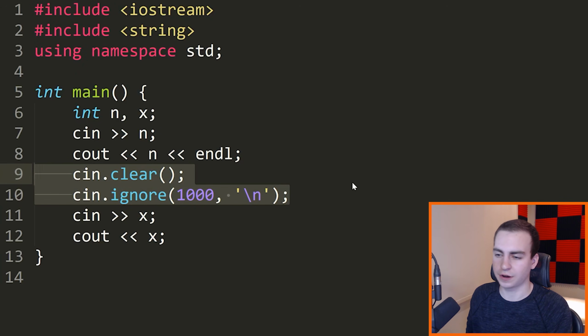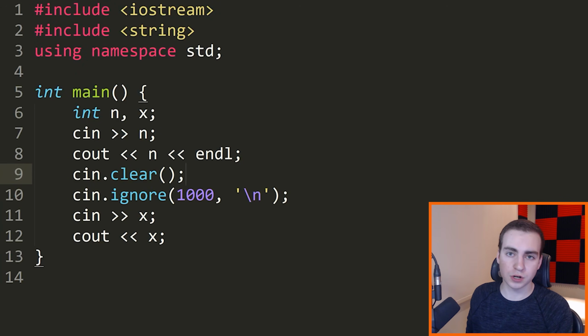I understand the cin.clear and ignore is kind of confusing, but I just wanted to show you this because oftentimes you want to get multiple pieces of input, and you can only get those other pieces of input if all of the ones before it were valid. So if you want to make sure that you're going to handle any situation where you potentially have invalid input,